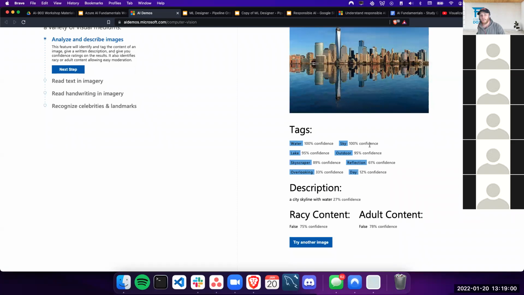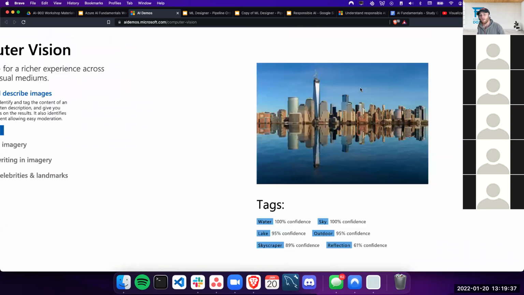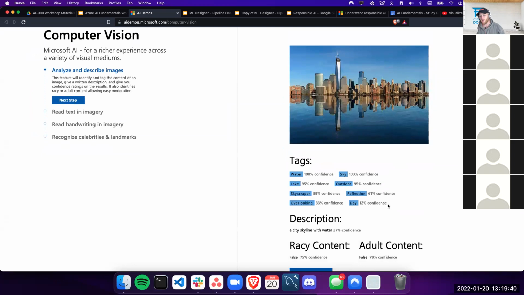What's also interesting and neat about this is, let's say we're creating an application sort of like Facebook and want people to be able to post stuff, but we want to prevent them from posting anything provocative or full of adult content or hateful or angry or things that are not okay. We can use machine learning and AI basically to say, is there any racy content? It's like, nope, it's 75% confident that there's nothing bad in there. And then it's 78% confident that there's no adult content or pornography within this image. I don't know where the other 22% is, but